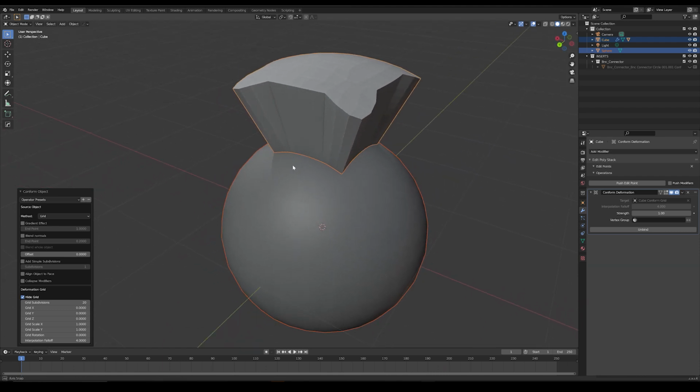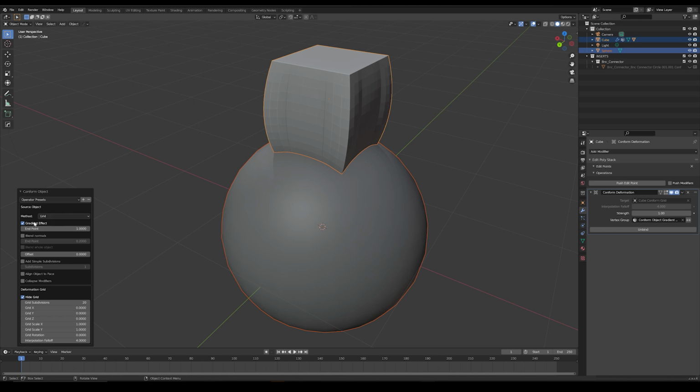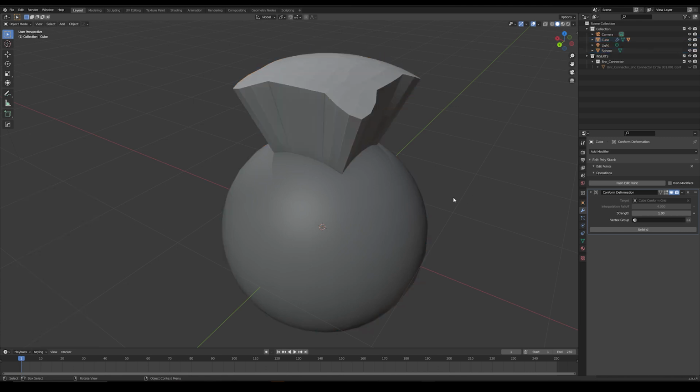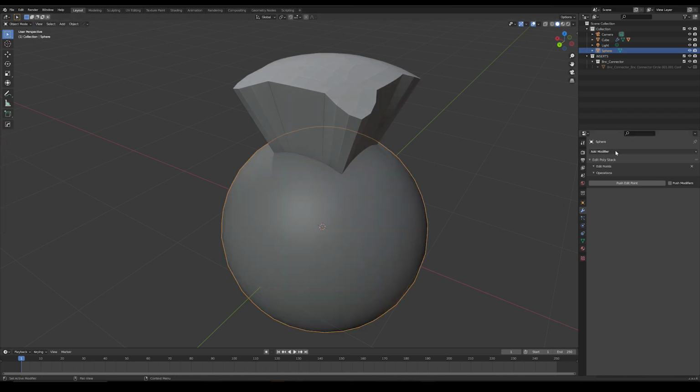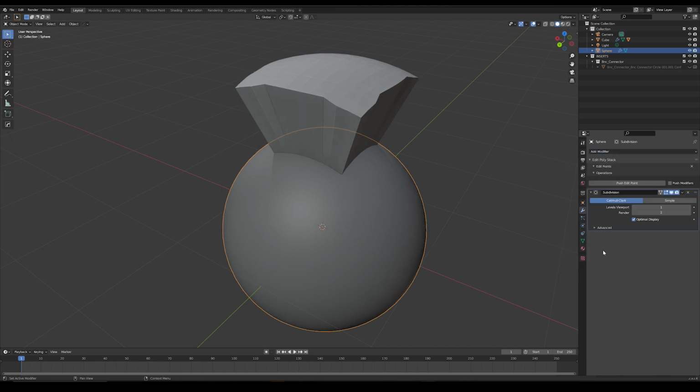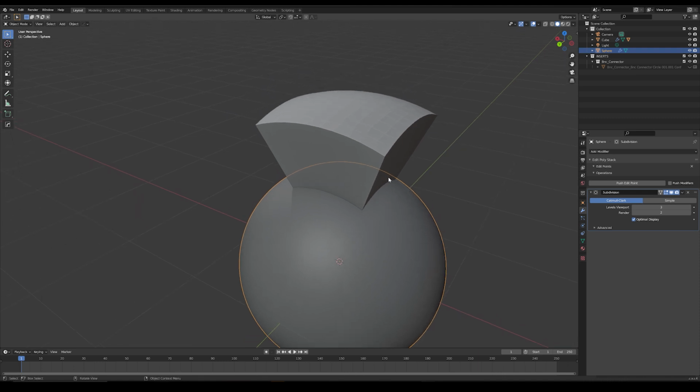We can smooth out some of the upper imperfections with a gradient effect, but let's also look at the target object. There may not be enough geometry on the source object for it to conform to. Increasing the geometry on the target object, perhaps with a subdivision surface modifier, can help the source object better conform